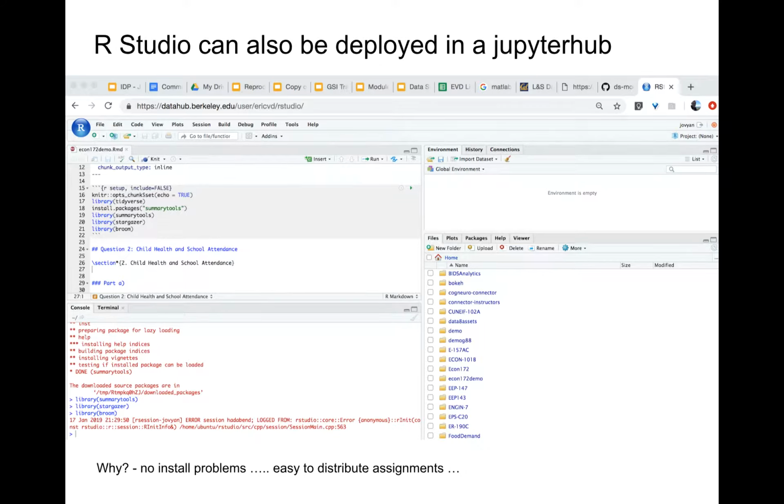Importantly, we have one class this semester that's going to use RStudio. So this is seeing the browser window. You can serve RStudio on DataHub the way that you can do it for Python as well. That's just an aside for the people that are into R or teaching in R, that we're hopeful about. Oh, look, it's the Econ 172 notebook.